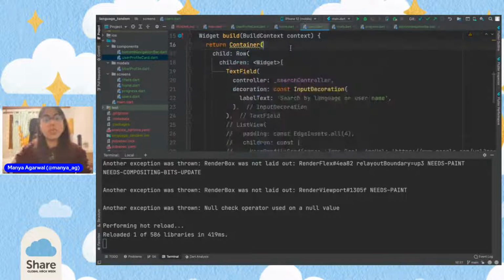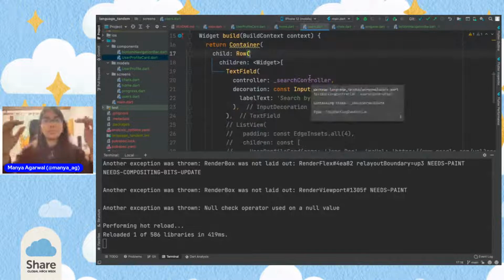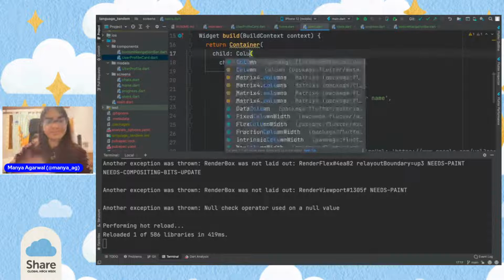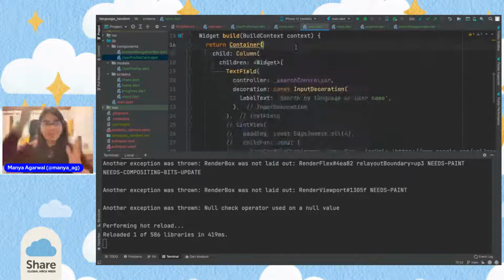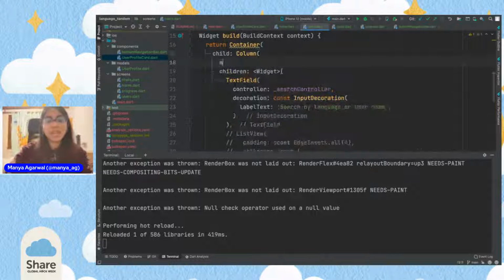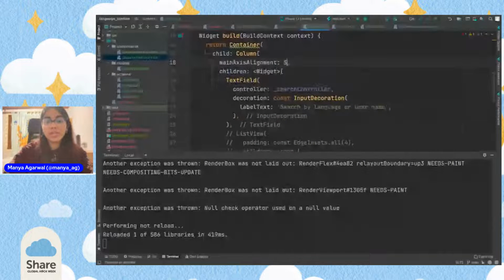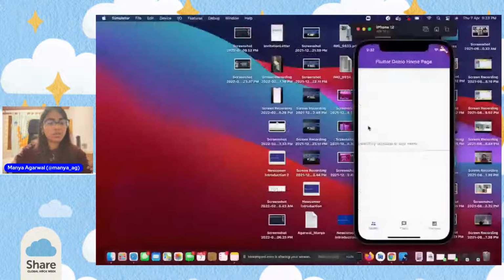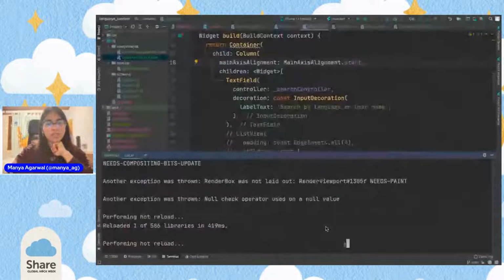It should actually be a row, because no, now I'm confused. We're actually putting it in a column. No, yeah. Okay, yeah, because this is a column and we're stacking items there. And then we say the main axis alignment should be main axis alignment start, which would ensure that our text box goes to the top. So